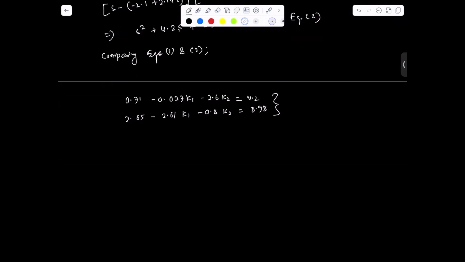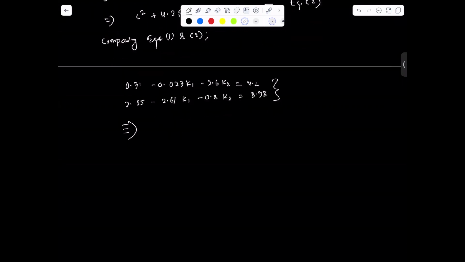Now, if we solve both the equations, we have K1 equal to minus 2.03 and K2 equal to